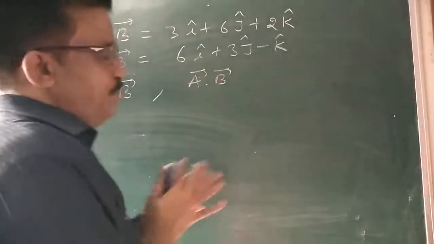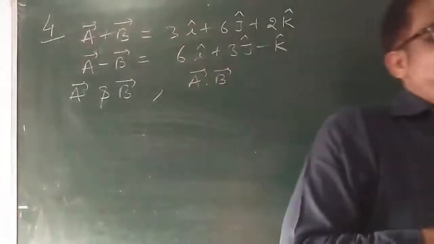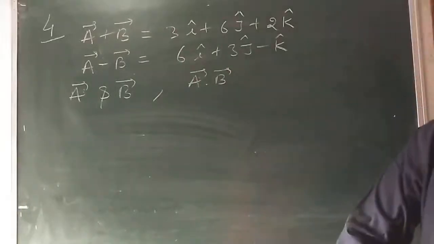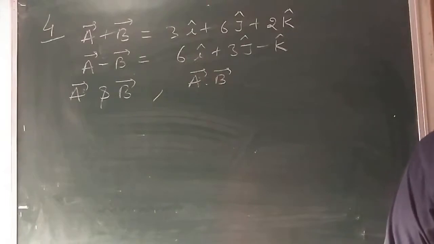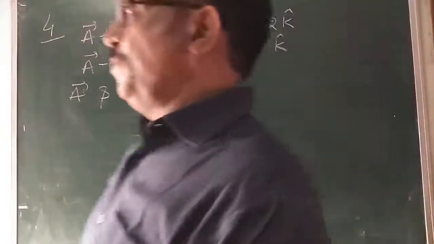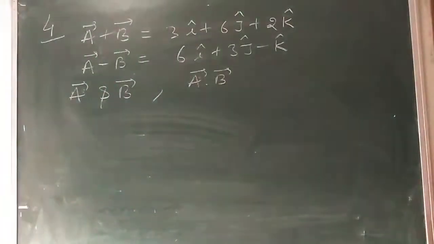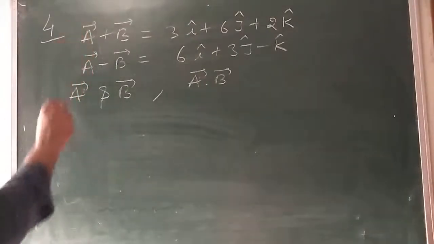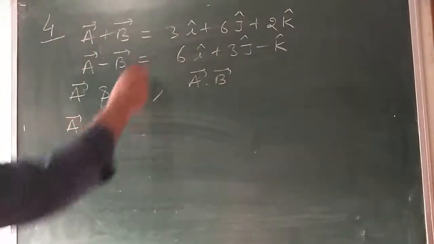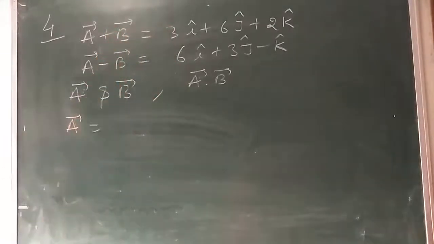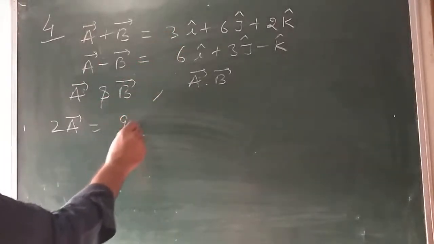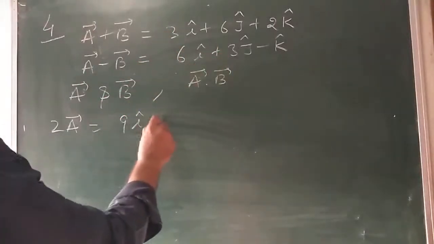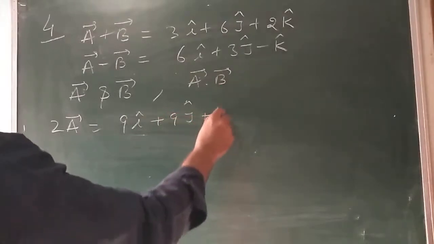We have to find this. It is very easy. Who will do? We have seen 3 numericals. This is the 4th one. First, our problem is to find out A and B. Suppose once you are adding and solving A and B, add both first. Then B from B will cancel. Here A plus A is 2A, 6i plus 3i that is 9i, 6 plus 3 is 9j, and plus k.